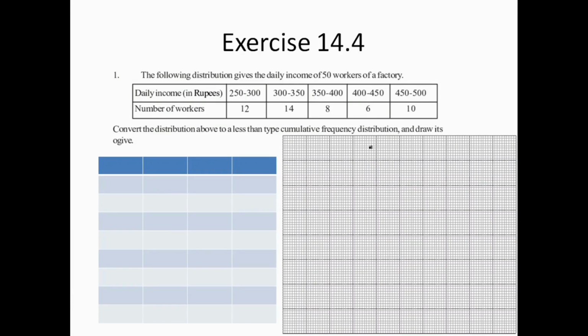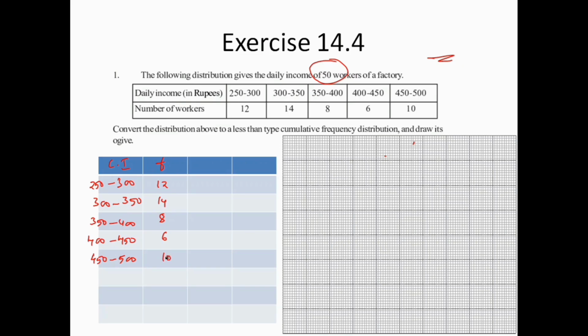Here is your distribution. Let's see how to do this. You have 50 data points with the class interval being the daily income: 250 to 300, 300 to 350, 350 to 400, 400 to 450, 450 to 500 as a class interval, and the frequency is the number of workers, that is 12, 14, 8,